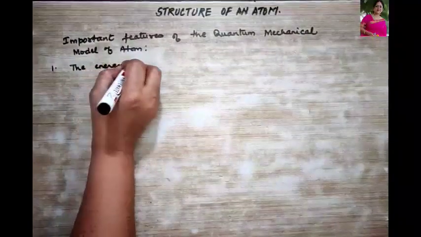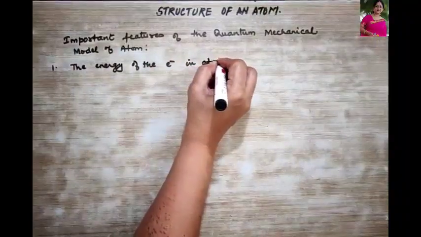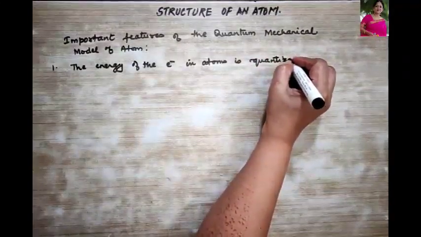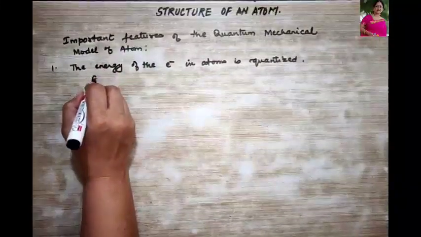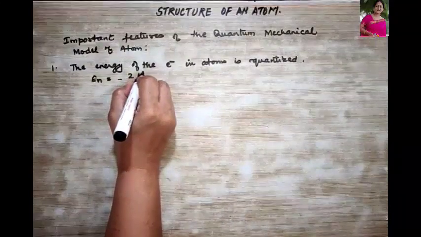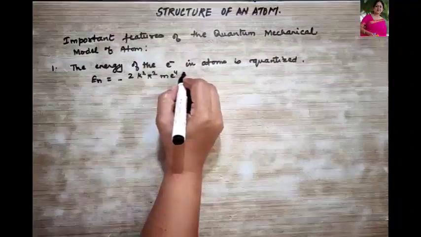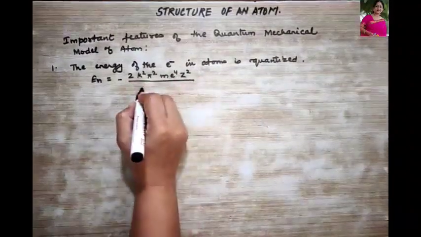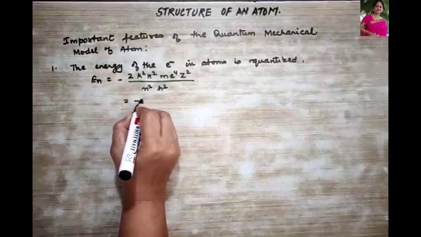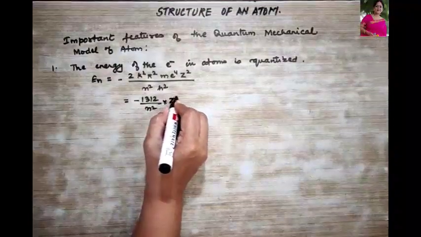The energy of the electrons in atoms is quantized. Okay, so the energy, what was the formula? Minus 2k square pi square m e to the power of 4 z square upon n square h square. Do you remember this? So this was equal to minus 1312 upon n square into z square